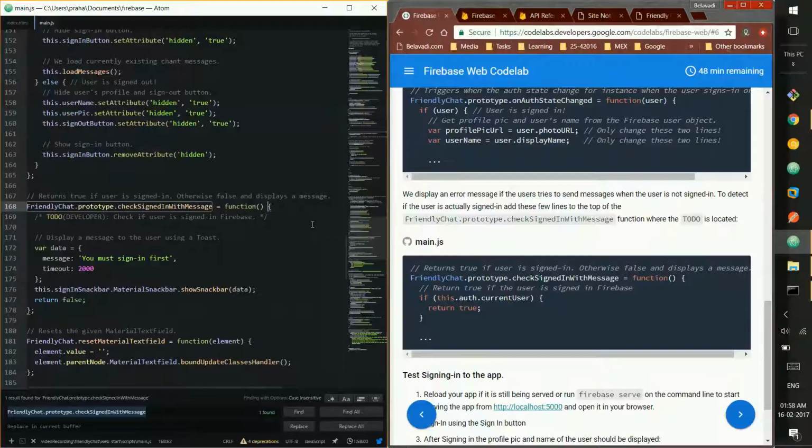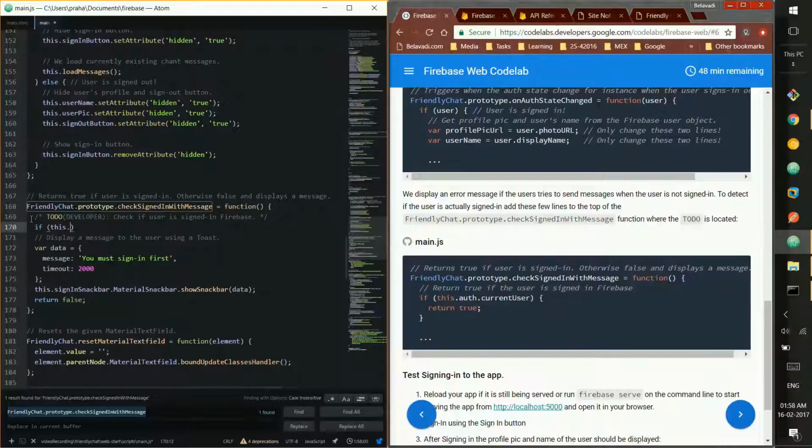Okay, it ends right here. So the rest of it is already filled out. We just need to write the if or else function. So I'm just going to be deleting the check if the user signed into the Firebase. I'm going to delete this section. Oh wait, I want to type it in. Yeah. Cool. Alright, if